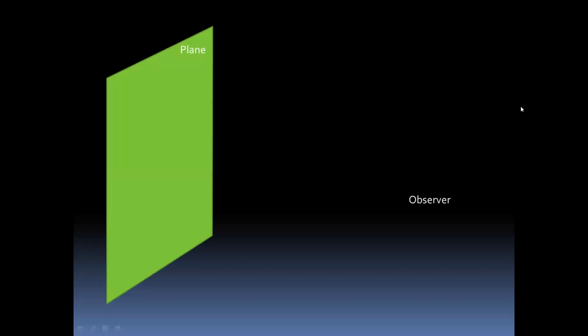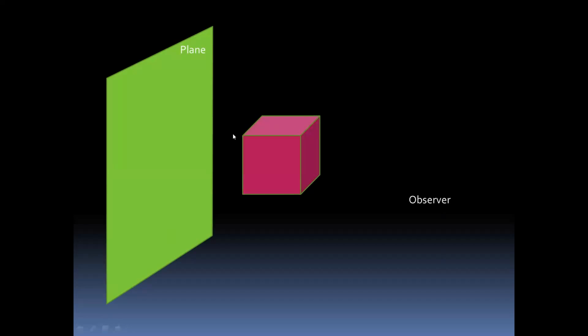Basically in engineering graphics, we try to draw a three-dimensional object on a two-dimensional paper. The procedure that engineers follow to draw that object is called a projection. You can see here, this is the plane, a two-dimensional plane. This is the observer, and this is a three-dimensional object, a cube.